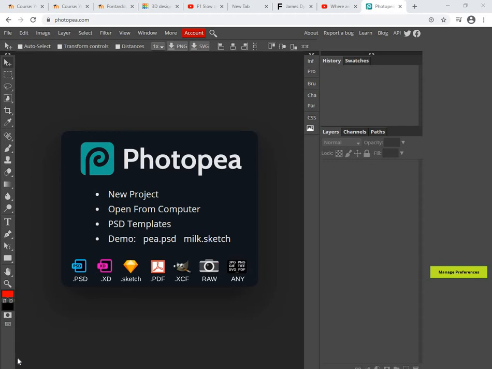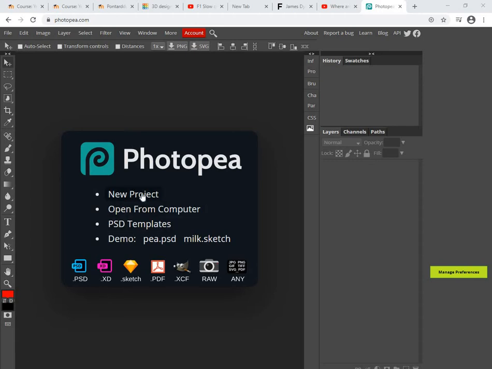Photopea.com. I went over this website with a couple of you this morning in the lesson, but I know some of you have been away. Next week we're going to have a look at using this online for a double lesson and come up with some of your own festival logos. Okay, so